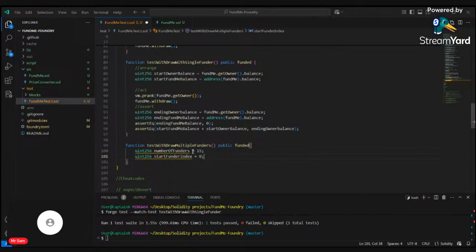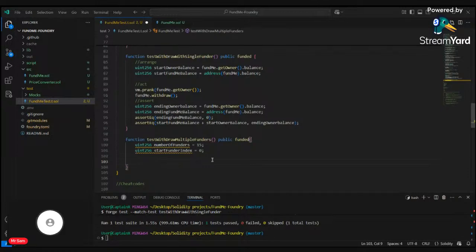Okay, so it's going to start from somewhere. We want our loop to start from somewhere. So we are going to be declaring this guy as one, zero. And then we write our loop and say for